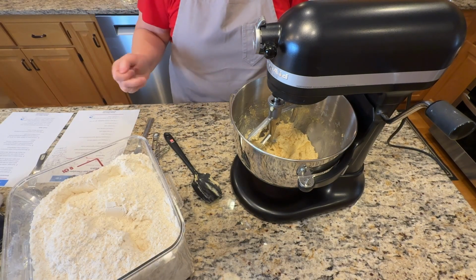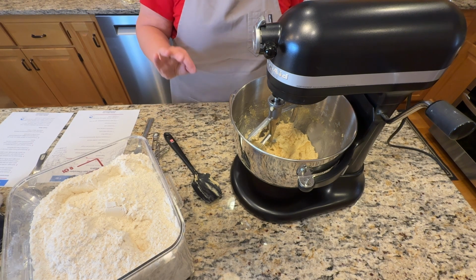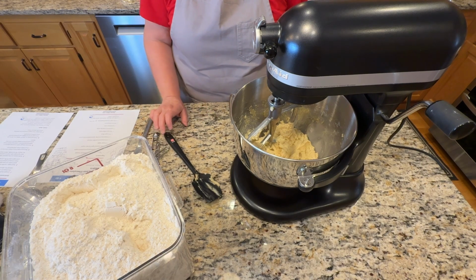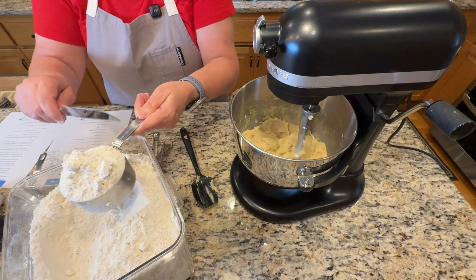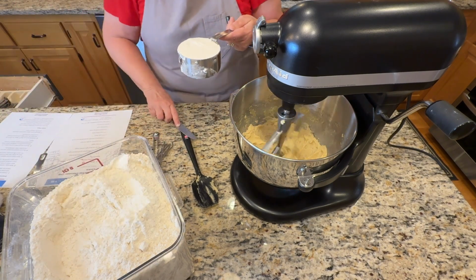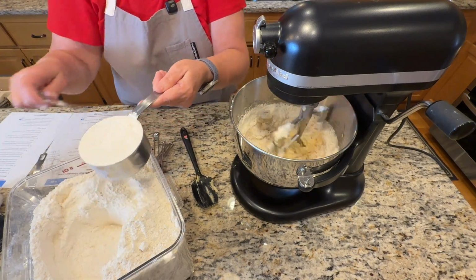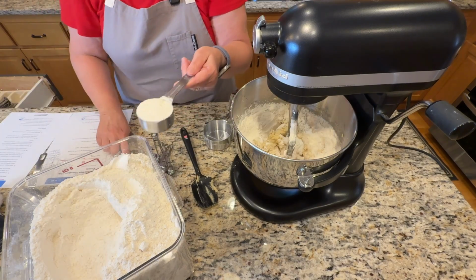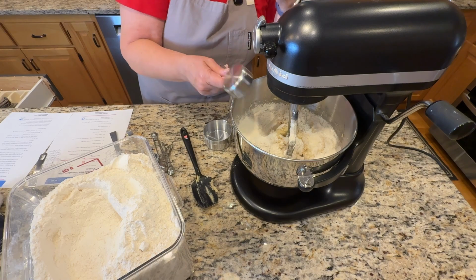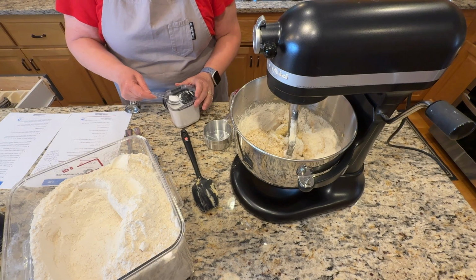Okay, now with the mixture on low speed, I want to add my flour, oats, baking soda, salt, and cinnamon, and mix it for about 45 seconds. So I'll start with 2 1/4 cups of flour. So there's 2 1/4 cups of flour, 1/2 cup of rolled oats, 1 teaspoon of baking soda,